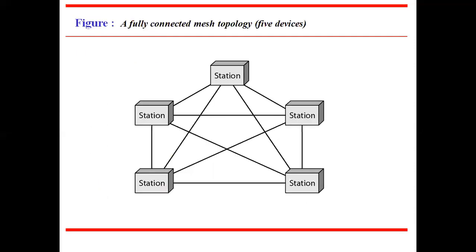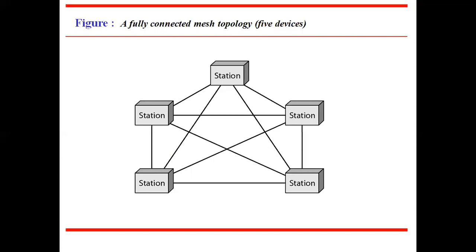Now, mesh topology. Here, every device has a dedicated point-to-point link to every other device. When we look at the screen, we can find the links. There are 5 nodes. From each node, there are 4 links to every other node. The advantages of this mesh topology are: